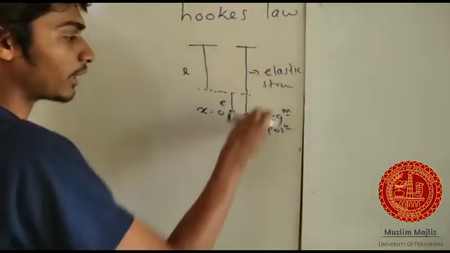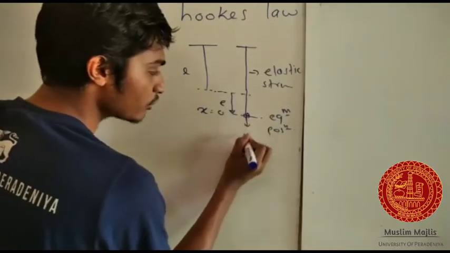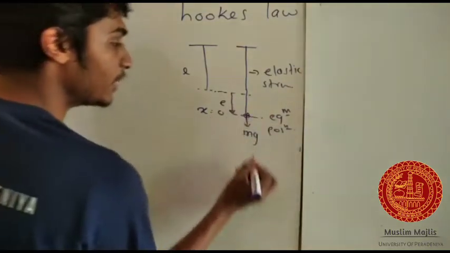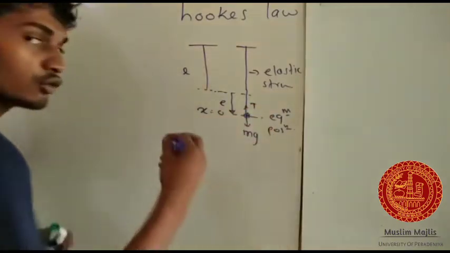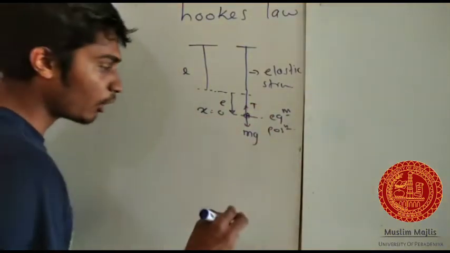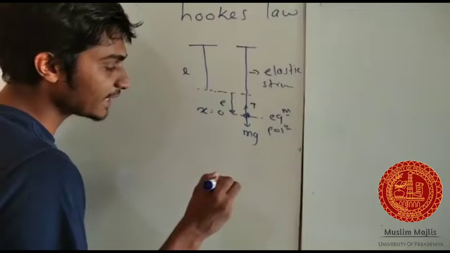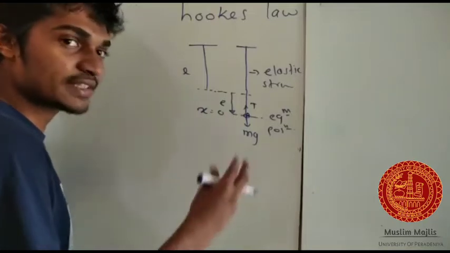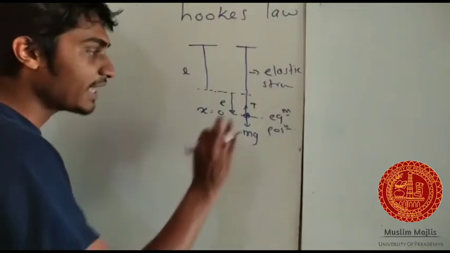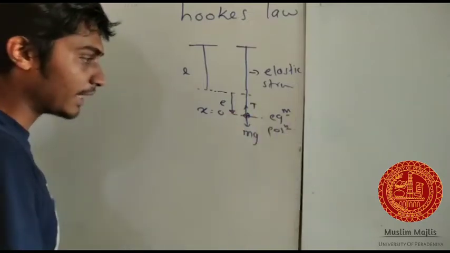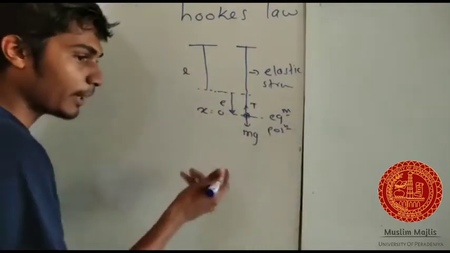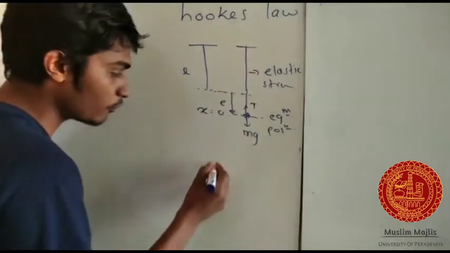This is the natural length. When you tie the mass, you have an extension. This is going to be the mass or the weight mg. Due to the weight mg, you are going to have a tension. If I want to apply Hooke's law, Hooke's law says that the tension is equal to some constant times the extension divided by the natural length, right? So if I apply F equals ma, upward forces balance downward forces,